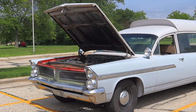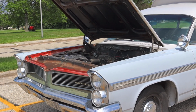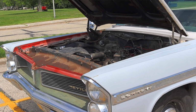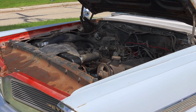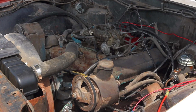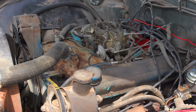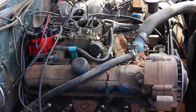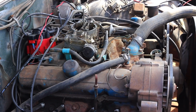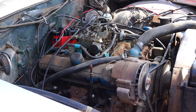But let's get back to that 6.4 liter V8 under the hood. Well, it's better known as the 389 cubic inch V8 from Pontiac, and it wasn't anything too special. It wasn't their biggest engine, it wasn't their smallest engine, it was just kind of somewhere in the middle, and of course it was used in the Bonneville, whether it was the ambulance or not. It is carbureted, of course. Not super happy to be moving here today, but it's moving at all, and so my cap is off to